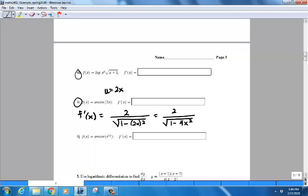Natural log of 10, right? So in your final answer, you will divide by natural log of 10. That's to adjust for the fact that this is not the natural log to begin with. This is log base 10 to begin with. But other than that adjustment, computing the derivative of log base 10 is very similar to computing the derivative of natural